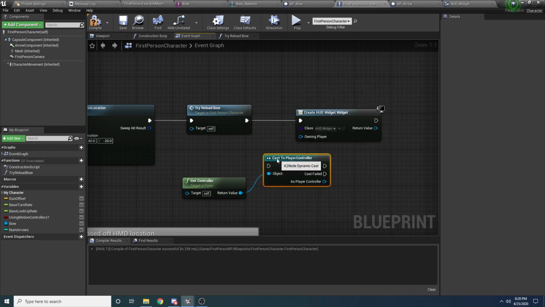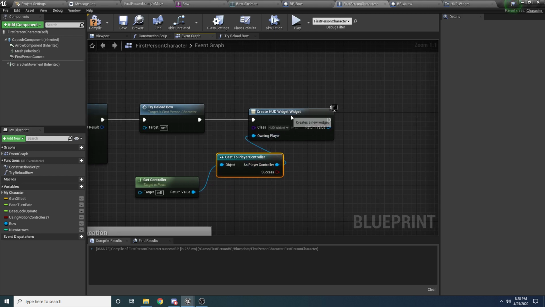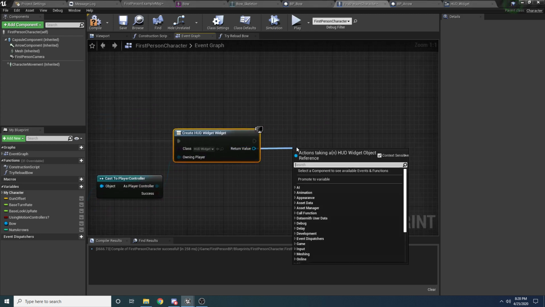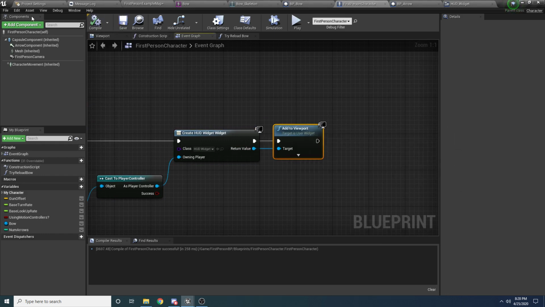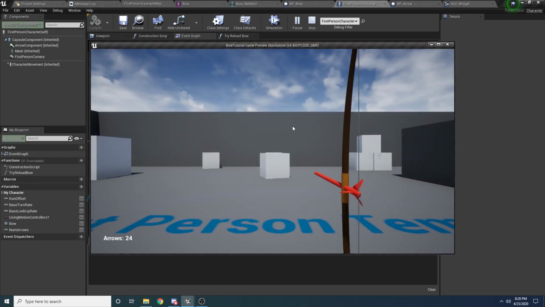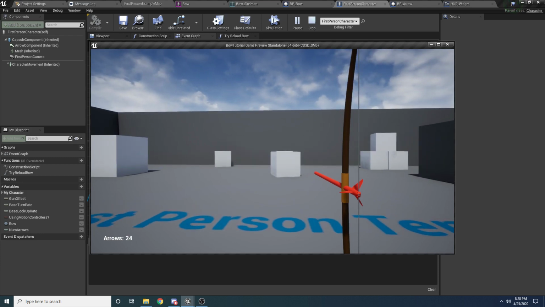And I'm going to make this a pure cast since we are sure it's going to succeed. Go ahead, hook that up. And then finally, we can say add to viewport. So if we go ahead and compile, and I'm just going to save everything, go ahead and run this now. We should get 24 printing out at the bottom left, and you can see we have our arrow inside of our bow. So the next thing we want to do is be able to charge it by holding down right